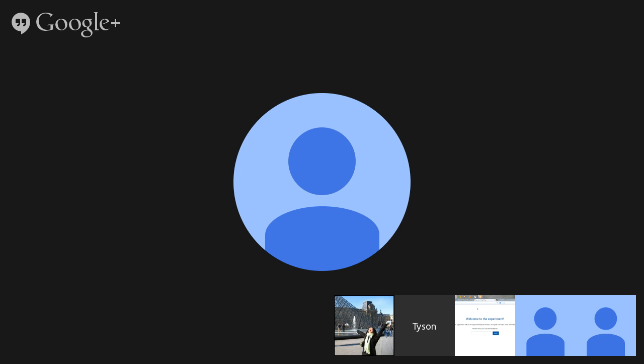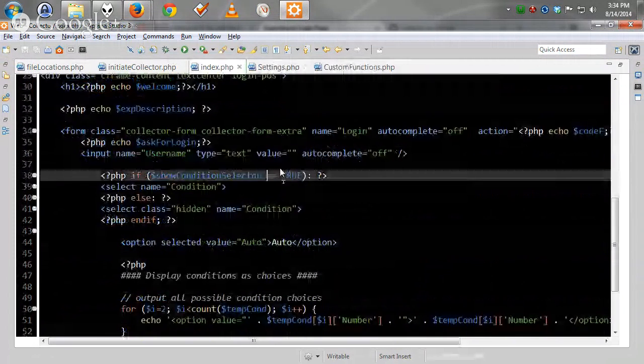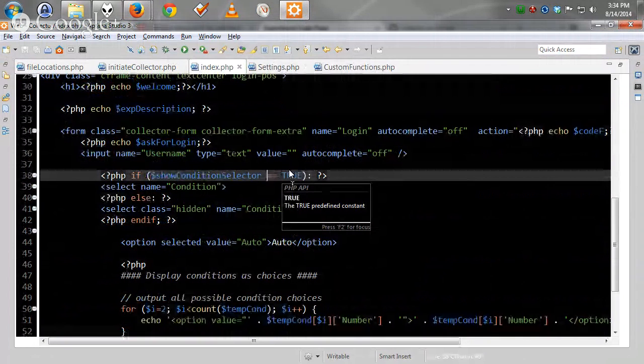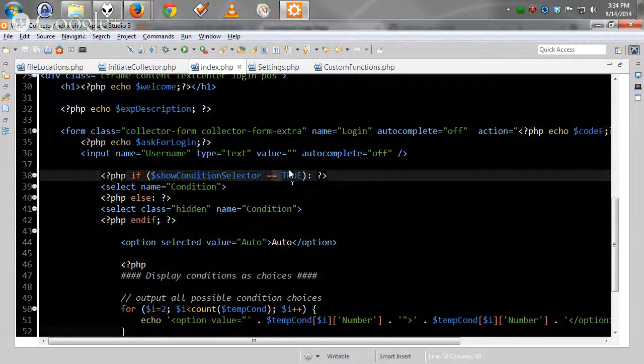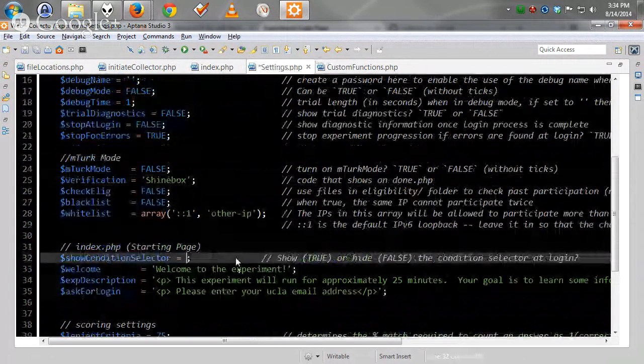And just looking at the show condition selector double equals true, the reason it evaluates to true with a string is that strings are converted to the Boolean true if they're not literally an empty string. So any word would be considered true. I guess this is the point where we can make a PHP code point. Because PHP generally doesn't enforce types, if you use double equal, it will try to figure out if there's some way to evaluate the other thing to true. Like Tyson was saying, instead of saying false, if we said hi,